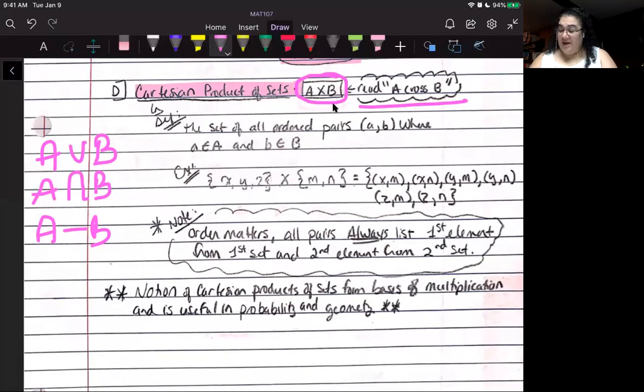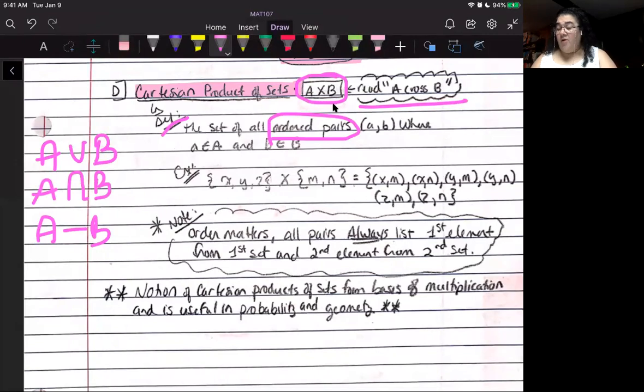And this is defined as the set of all the ordered pairs. This is important because up until now that has not been a thing. But now when you do the cross of sets, it is a thing. Okay, it is the set, the resulting set when we take the cross of A and B is going to